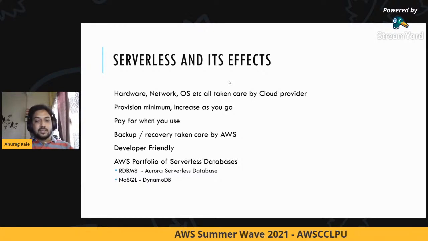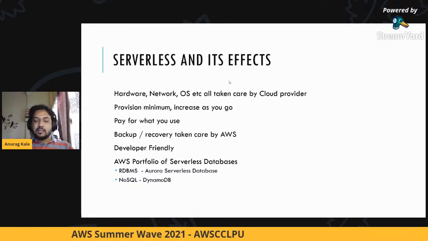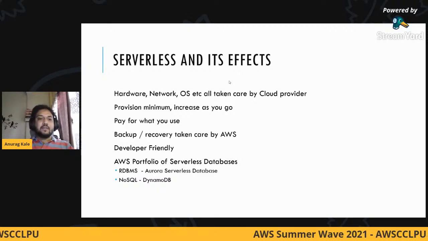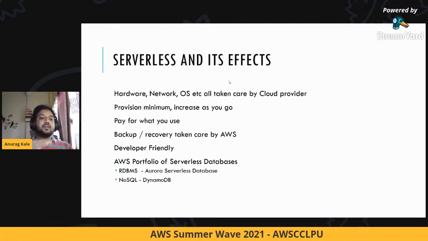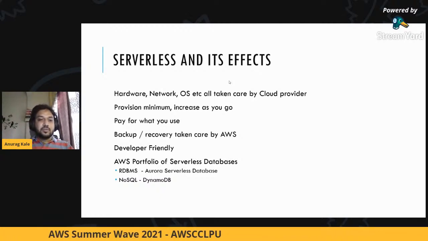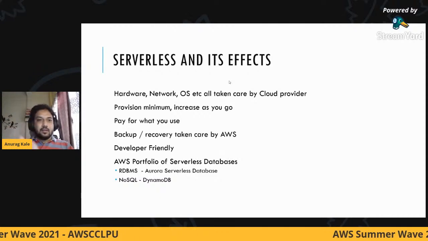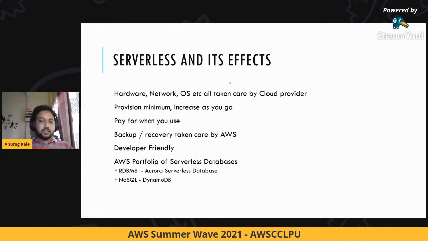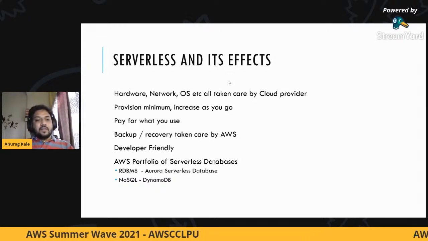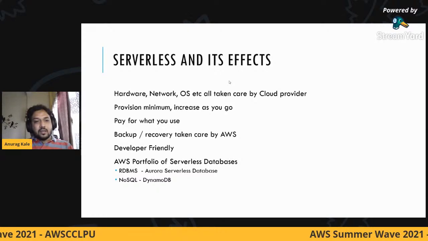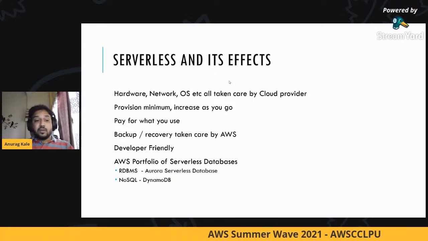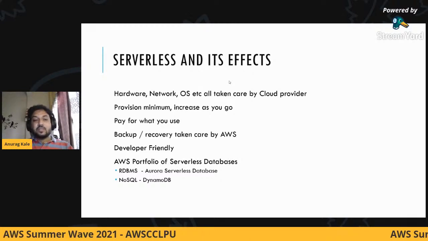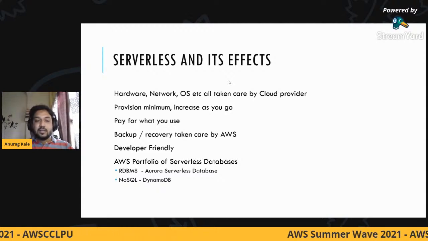The way you look at a serverless Aurora is to just look at it as any other MySQL or Postgres database at a very high level, but it has the inherent capacity to scale up and down as and when the load on your database, or the load on your application, increases. Now we have another category, DynamoDB, right? DynamoDB is NoSQL. It is a key value kind of store, plus some additional capabilities which make it a little different from key value, which we will talk about in a moment.